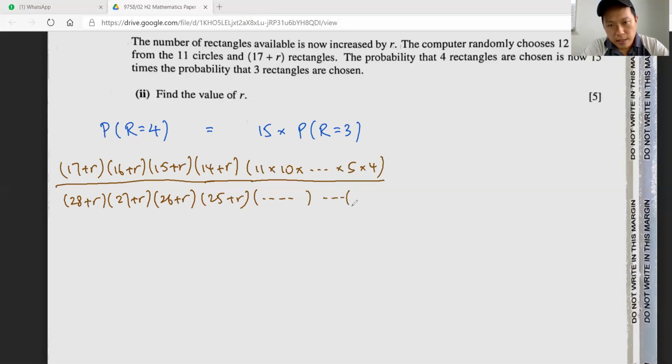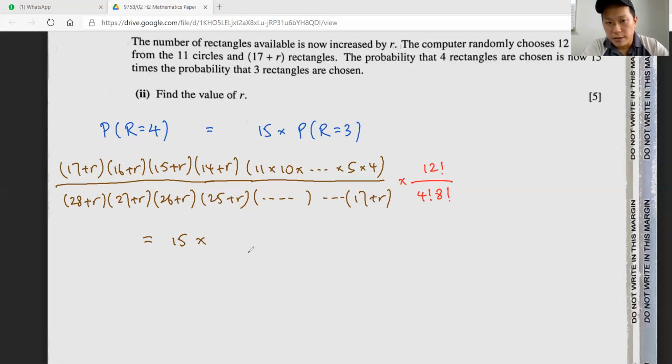So what is the last one? That's going to be 17 plus r. Okay, not forgetting the 12 factorial over 4 factorial, 8 factorial. All right, so that equals 15 times